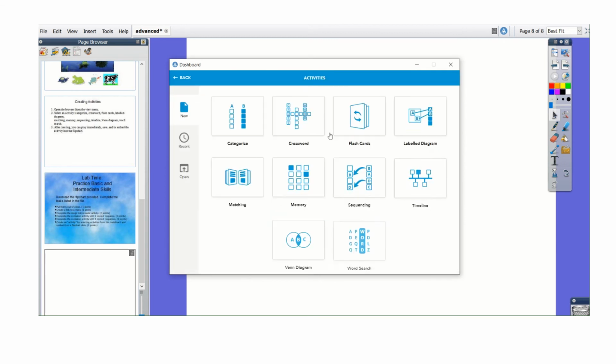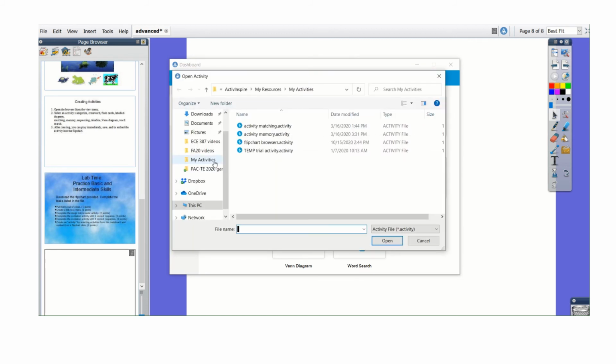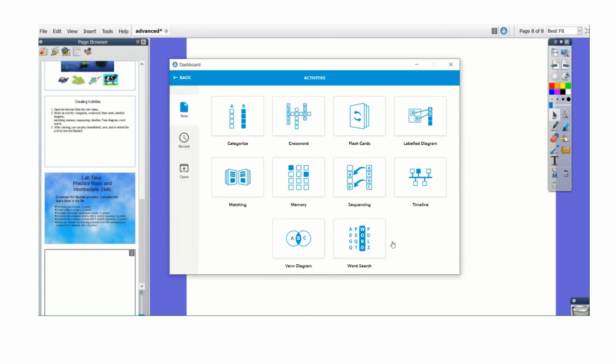I'm going to click on Activities, and from here you can see that we have a whole host of different activities from which to choose. From here I can also open one that I've already created in case I want to edit it further. So I'm going to say Open, and I'm going to find my flipchart browsers activity. Notice that the name of the file is something.activity. So I'm going to open this,